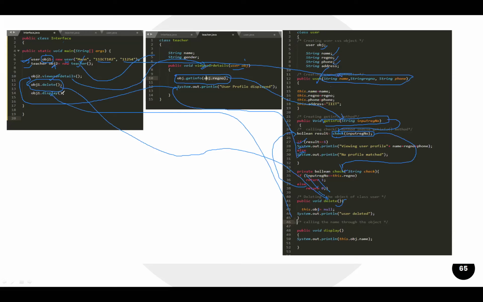But the object is already being deleted using this particular delete method, so there is no use in executing this particular obj1 display. This is what we have created: three classes, how the objects are created, how they call some methods, when these methods get executed, and then again it returns back and calls the next line. This is how the code actually runs using the objects. Now how are we going to show all these things using sequence diagrams?